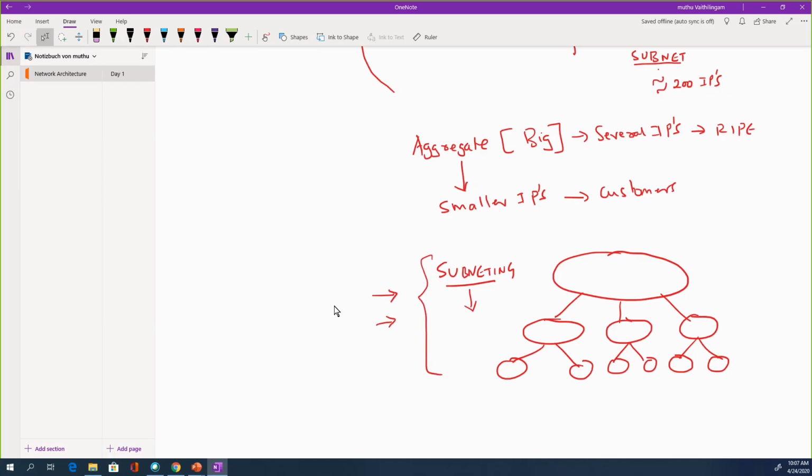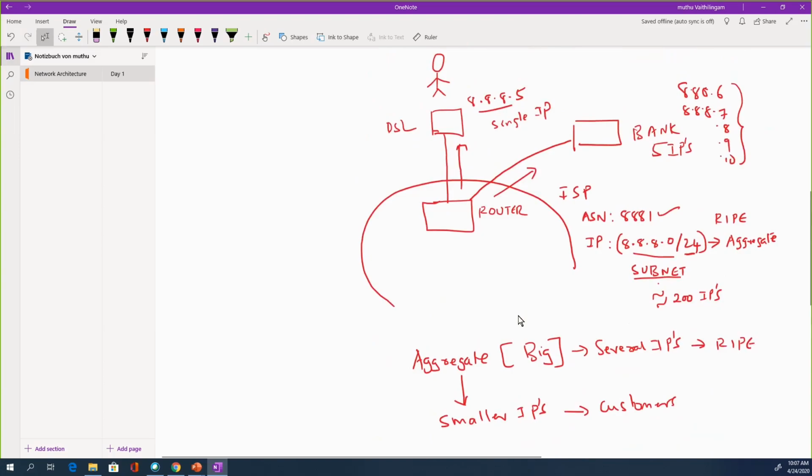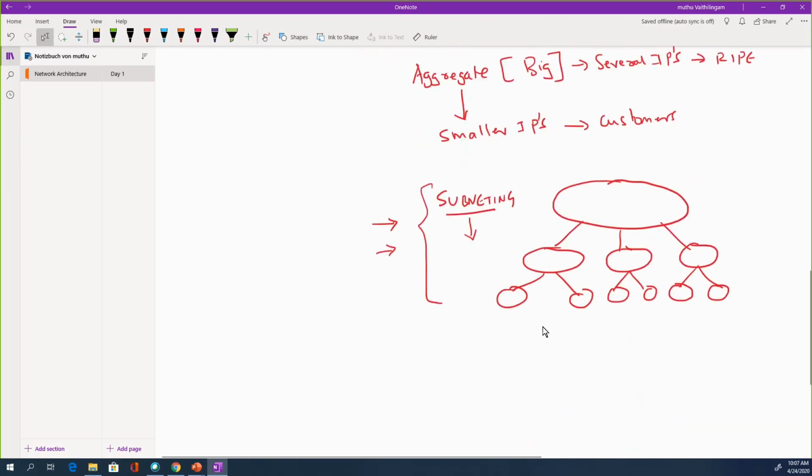If you are an ISP, RIPE is going to give you a bigger block, right? You have to divide it into many smaller sub blocks by applying your subnetting skills, and then assign those IP addresses to your customers. Maybe this block will be given to a bank, and you're going to assign this block to an insurance company, and